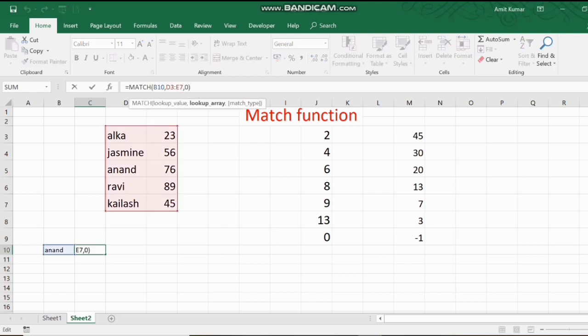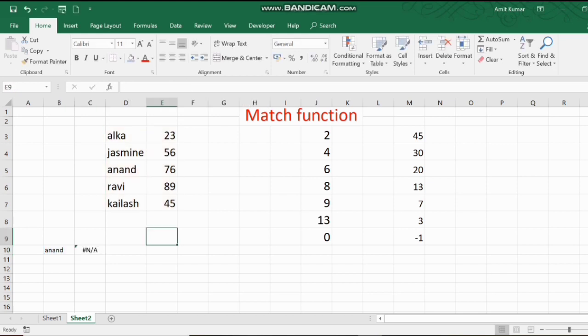Not available. What is the problem now? I told you that we have to take the array. It means it will tell you not the value, it will tell you the position in the array. So you don't have to select this one, you have to select just this column. Okay.